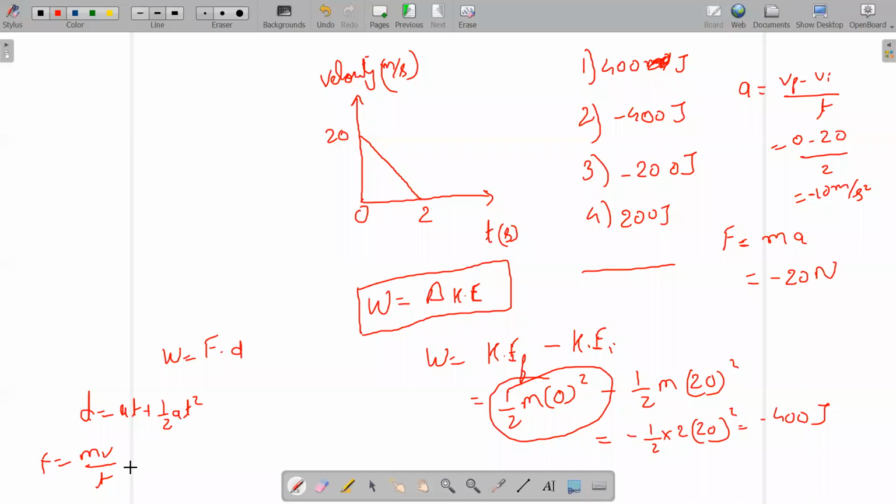So these are some methods you could use in these questions, but in the simple one you can see that within 2 steps we have got the answer, by knowing the fact that work done is actually the change in kinetic energy. If a body has an initial kinetic energy and, by doing some work, the kinetic energy has changed, then that work is equal to the change in kinetic energy. That simple it is. That is the funda of this question. This kind of question may come in competitive exams, but these questions are very important to understand the concept first of all. These little small concepts are used in these types of questions.